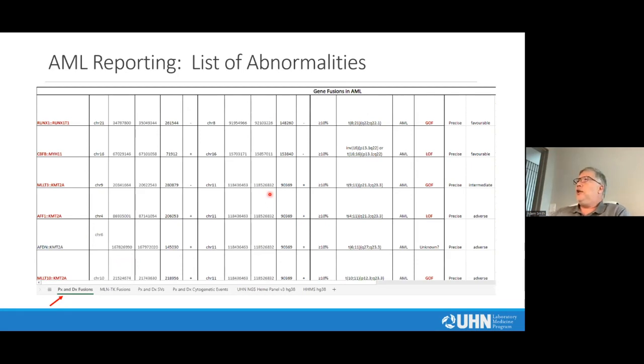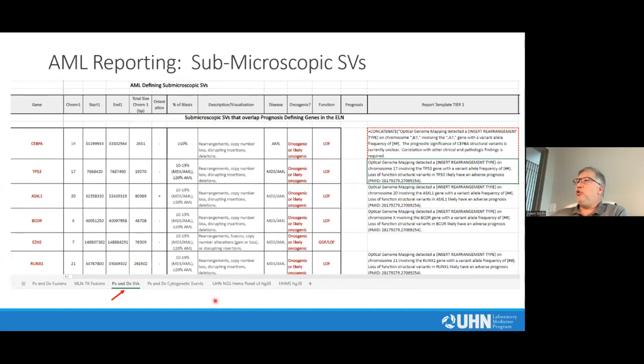I just wanted to talk a little bit about how we do reporting. We built basically tables. We have a fairly extensive Excel reporting system where we have prognostic and diagnostic fusions, MLNTK fusions, prognostic and diagnostic SVs, and prognostic and diagnostic cytogenetic events. As we go through, we've defined all of these events, and we have standardized comments for these. Depending on what it is you have to report, there should be some kind of comment automatically built for these